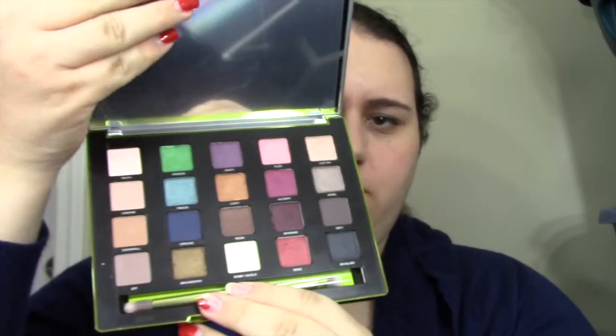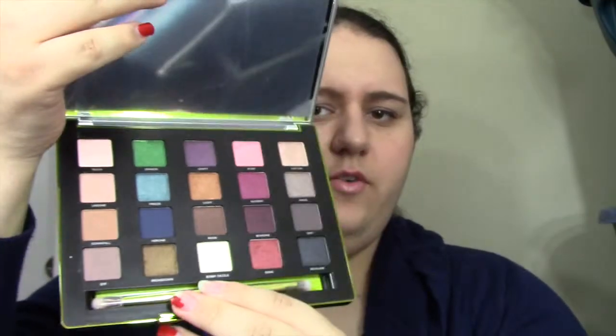But inside you have 20 eyeshadows in it, which are, let me grab, I wrote down the exact figures. There's 20 shadows in this at 0.03 ounces a piece. A full-size one is 0.05, so essentially if you break this down and really add it all up, it would be like a $216 value,